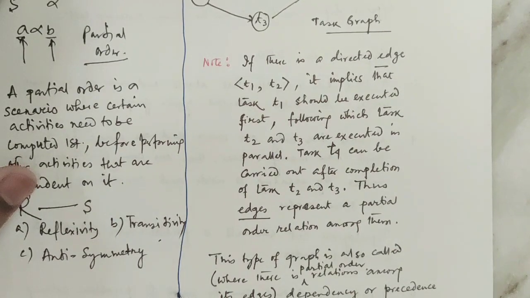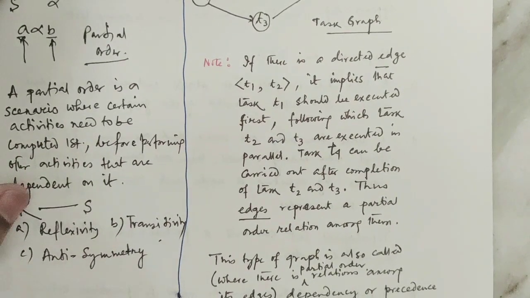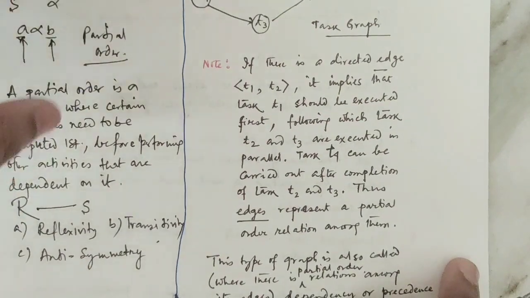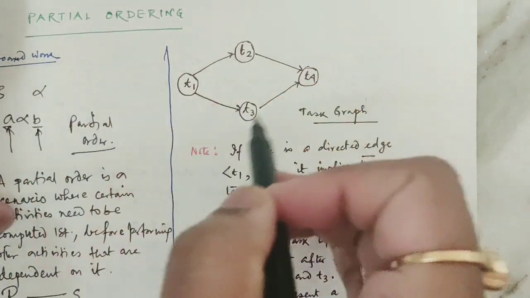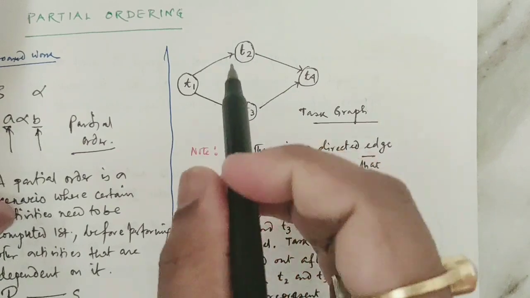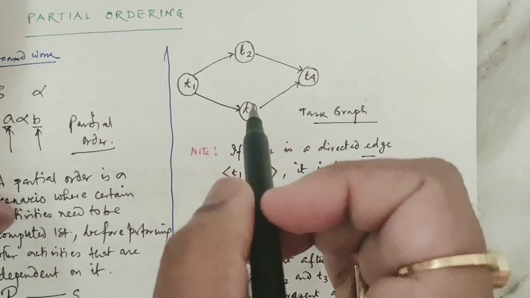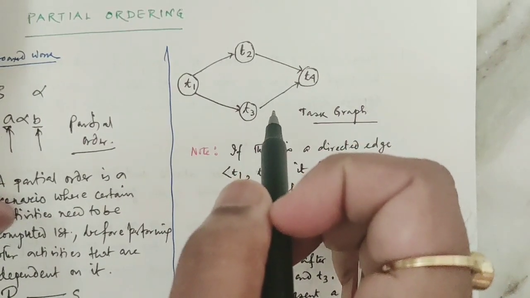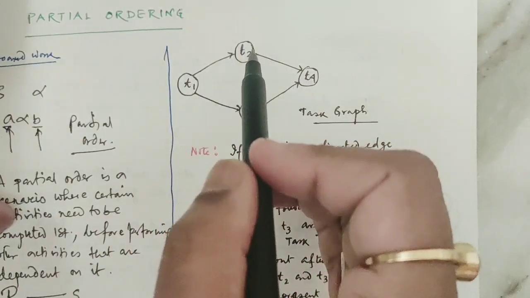That is the question. Sir, you have told what the partial order is, that is clear, fine. Then give some example. So how is a partial order presented using a graph? For this, let us consider the project graph. So this is supposed to be a task graph, or the project graph, where there are 4 nodes indicating 4 tasks, or activities, as its vertices. Vertex 1 is T1, task 1 or activity 1, vertex 2 is T2 and so forth.